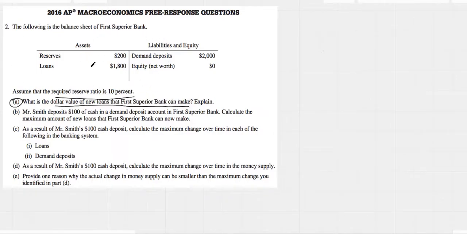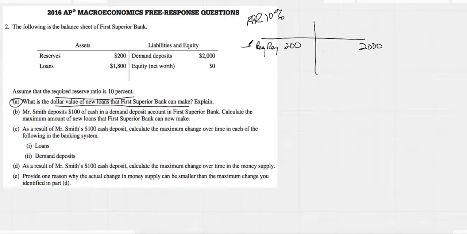Recognize they're being a little bit tricky with this question, in that if somebody puts $2,000 in the bank and our RRR is 10%, that implies that required reserves, 10% of 2,000, would be 200, so that would have to go into our required reserves. Everything else would flow into excess reserves. Now, that would be 1,800, but this bank has already loaned out $1,800. So in excess reserves is 0, and we would explain simply that the dollar value of excess reserves is 0,